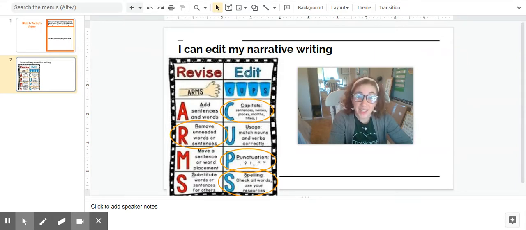For revising our writing, let's look at ARMS. The A means add, the R means remove, the M means move, and the S means substitute. But today, we are only going to focus on the R. See how I have it circled today? That means remove. So we're going to read our story, and I want you to find words that